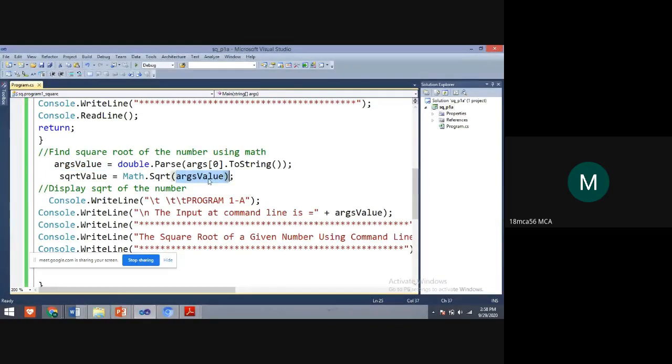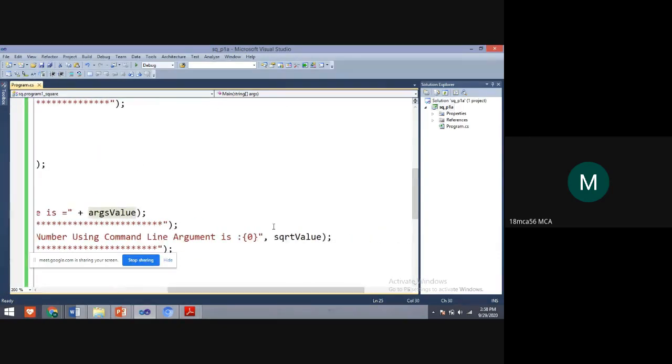Yes, students, observe where I am pointing my mouse pointer. Argument value. For this argument value, it will calculate the square root using this Math.Sqrt function. The resultant value will be assigned to the variable square root value, and that value we are displaying here.